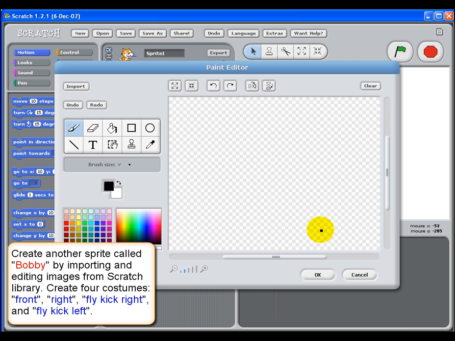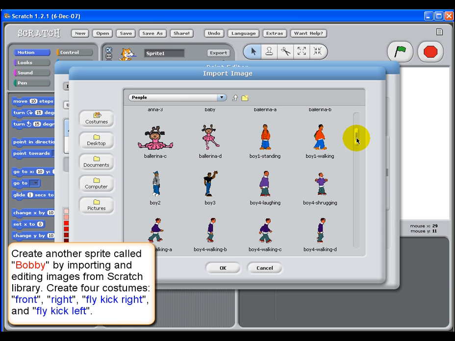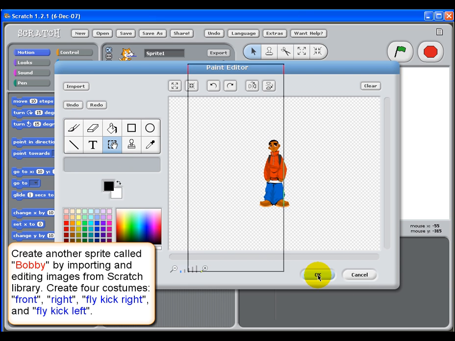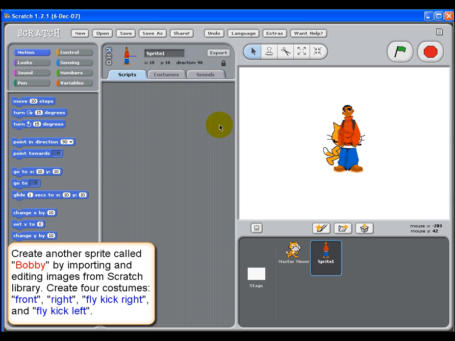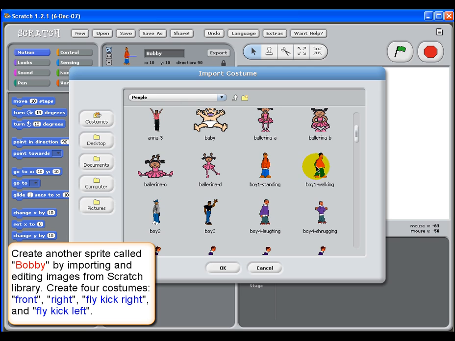Then we'll create the next sprite by clicking the New Sprite button. Click Import. We'll pick an image to import from the People directories. Click OK and change the sprite name to Bobby. And change the first costume name to Front. And we'll import the second one